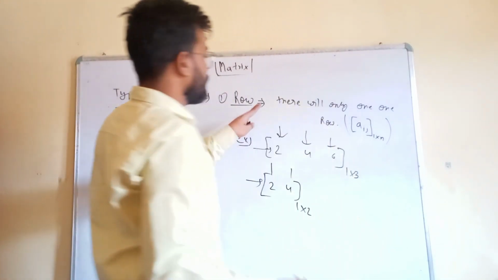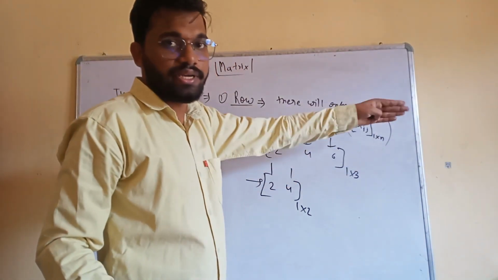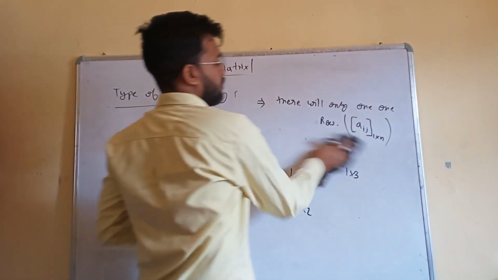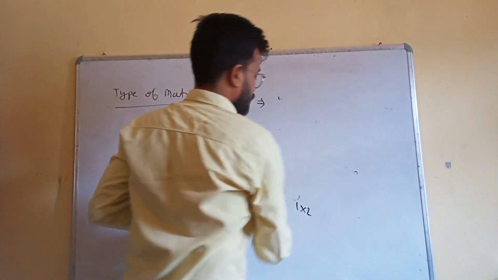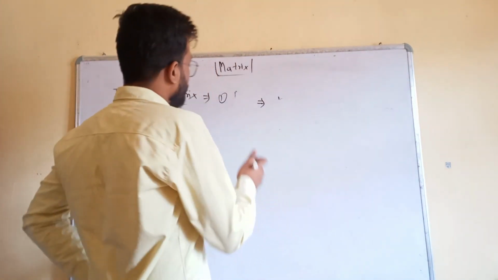So we got the definition. This is a general representation of a matrix. If I want to represent a matrix in general form, I can write like this. Now we are talking about column matrix. We got the row matrix. It is the same for the column matrix, but the difference is